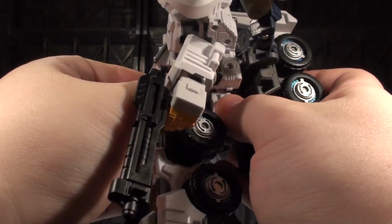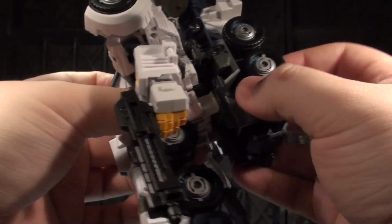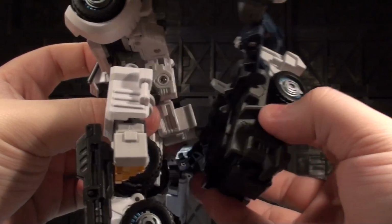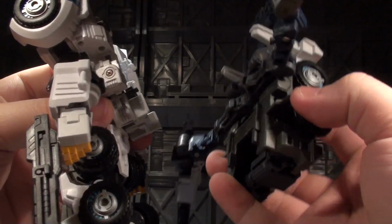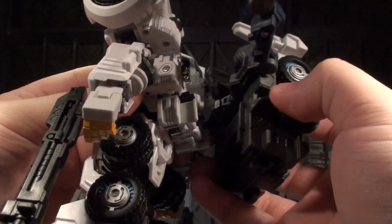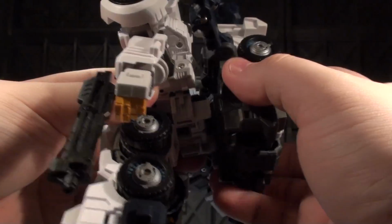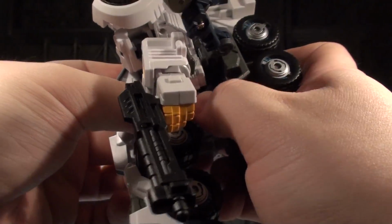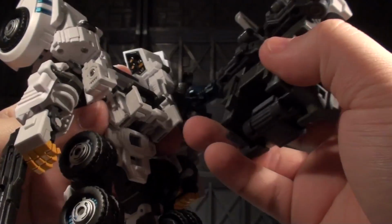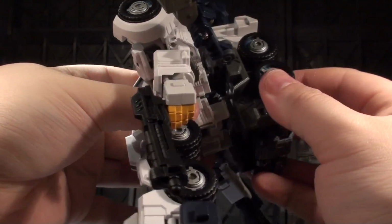And this is mentioned in my friend Nurse Midnight's video he put together of this guy. But to get this to come on here without it feeling scary, there's a screw inside, there's a hole on this side and a hole on the other side. I forgot which side I used. I think it's this side, where you can go in there with a little long nose screwdriver and loosen that screw, if not outright remove it. By doing that, getting this on here is less of a nightmare because there's not much flex in this white connector part, but now you can split the bottom of this backpack piece apart a little bit,